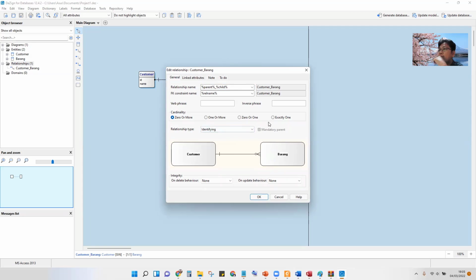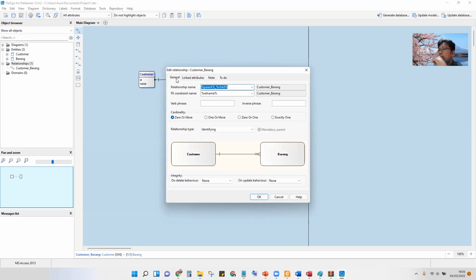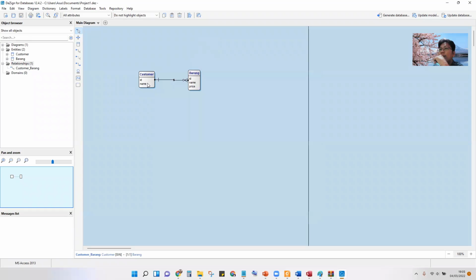Oh, mandatory. I have used the previous version. No, there is a many to many relationship.